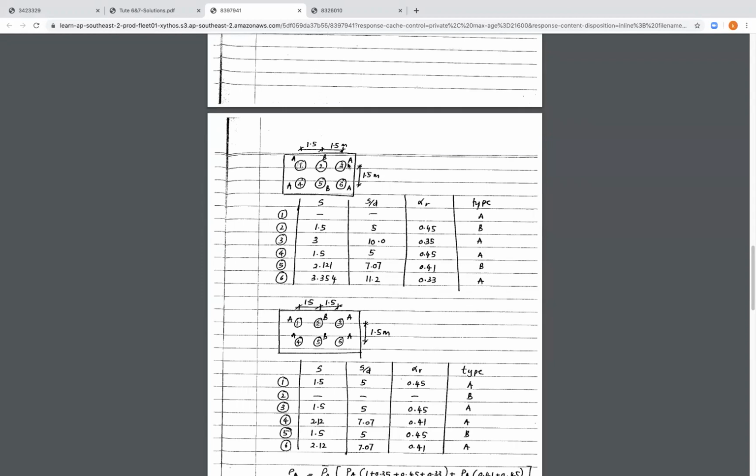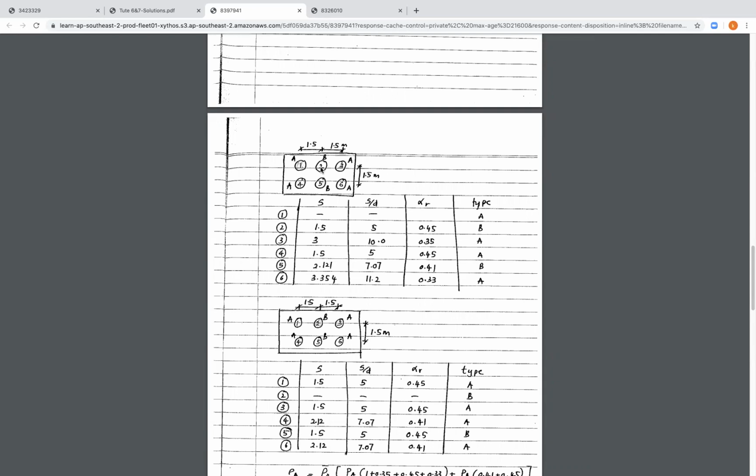And then to find the settlement of the pile group itself, we need to separate the piles, the ones on the side from the ones in the center. So we're gonna call the ones on the side A, and the ones in the center, we're gonna give them the symbol B. Because it's a flexible raft, we know that the settlement at the center will be more than the settlement at the corner. So we need to find the settlement of the side piles, and we need to know the settlement of the center piles,